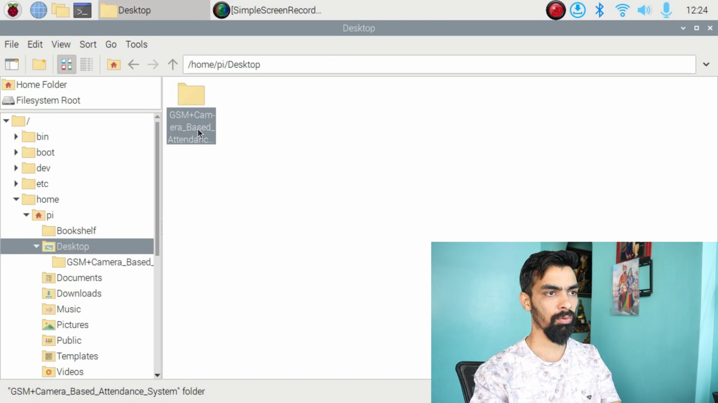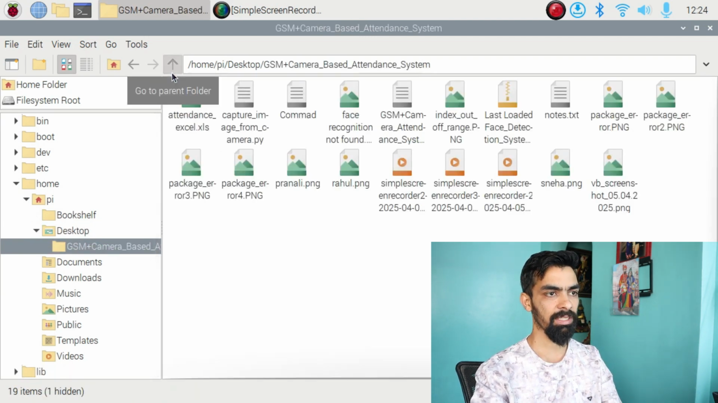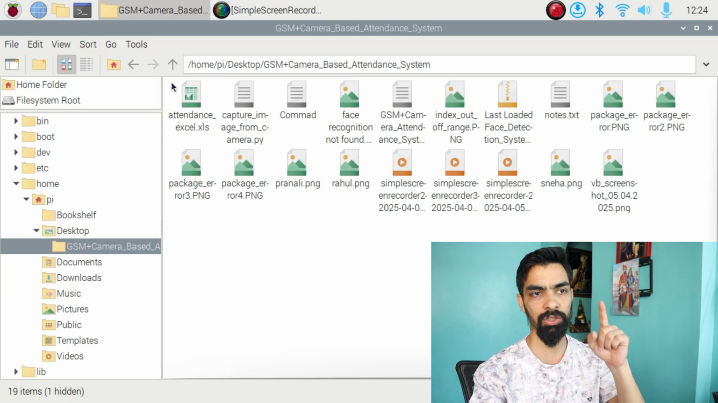So you can see you have to first download this program, the GSM plus camera based attendance system, from my website. The website link is given in the description. It may be a zip file. You have to unzip that one and open that file in Raspberry Pi, not in mobile, because